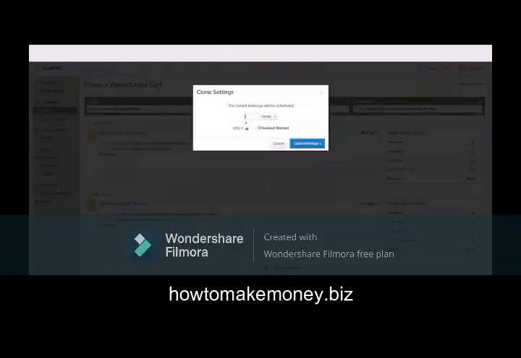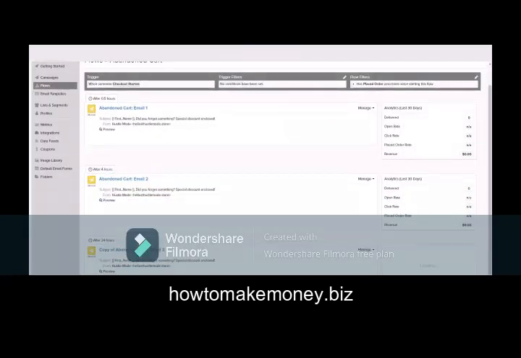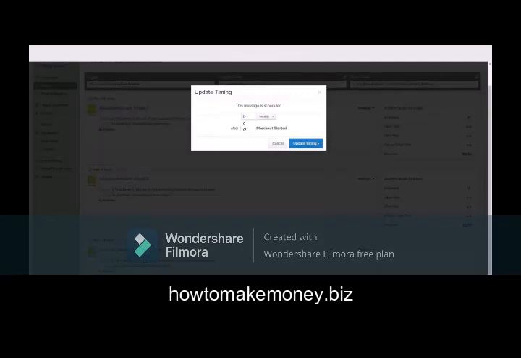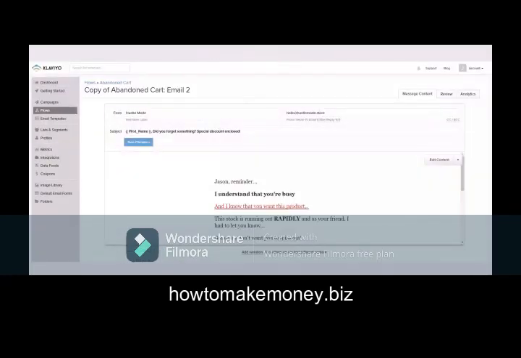This is going to be 24 hours later. The reason I do this is because I know that the last time they were shopping was 24 hours ago. So if they were shopping 24 hours ago, it means now when I'm hitting with this one, which is going to be the urgent last chance 20% discount. Oh, we will go back and change that. Actually, I forgot to change the